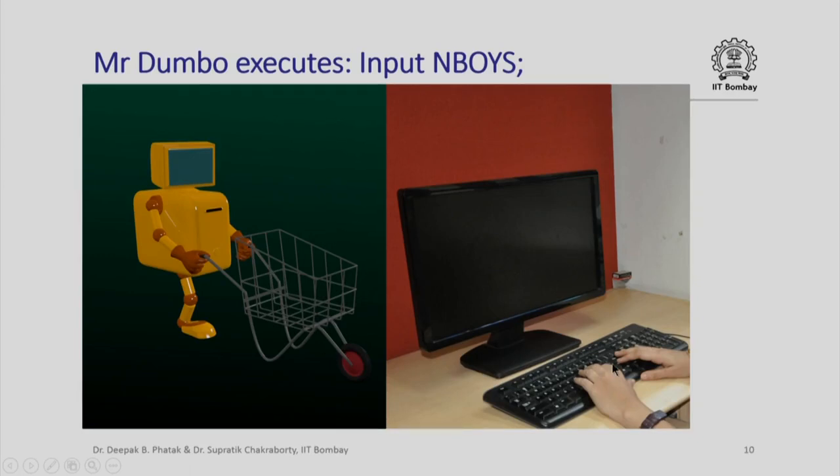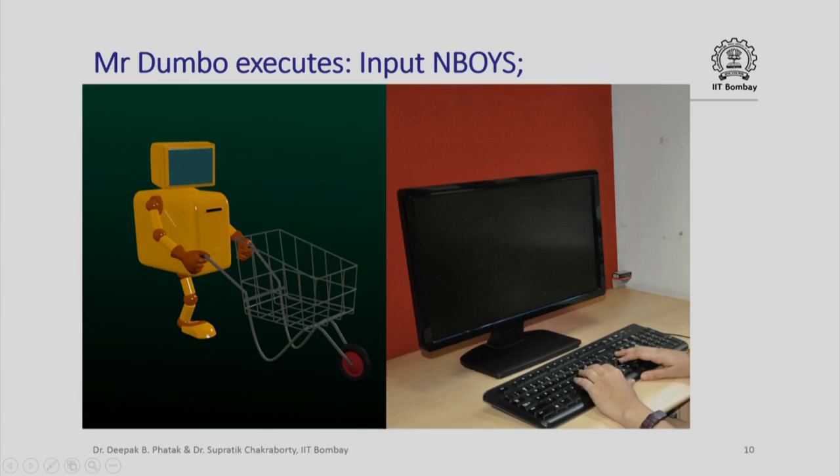We do not perhaps know that Mr. Dumbo is waiting, so we may wait for something to happen. But unless we type in some value, Mr. Dumbo cannot complete his execution of the instruction input n boys, so Dumbo will stand. How long? Actually, he will stand eternally if we refuse to feed in any value. This is obviously not a desirable situation.